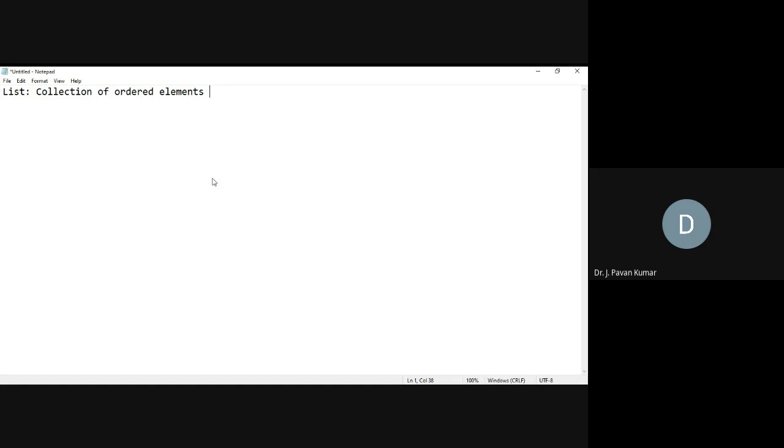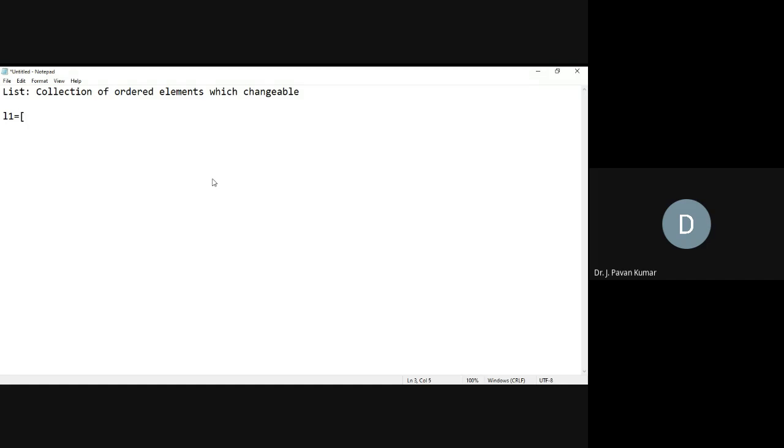One more important property of a list is that the elements in the list are changeable. As we discussed in the previous class, L1 is a list. How can we denote it as a list?